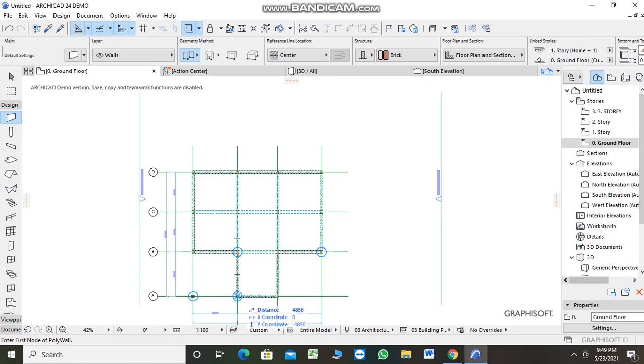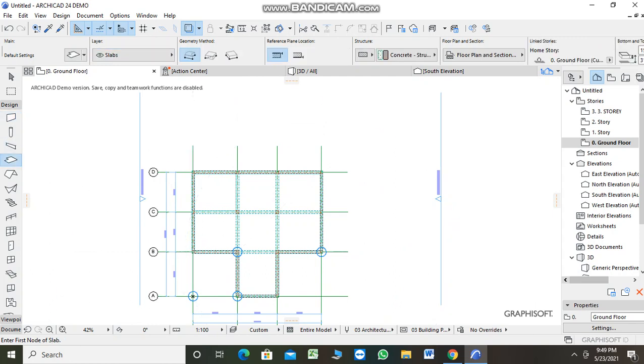Now we have to select the corner points at the outside points of our grid and then click on the change geometry type, then move and click it over this whole outer periphery of the grid system to create the walls. So in this way we can complete the walls also, and then finally we have to select the slab tool